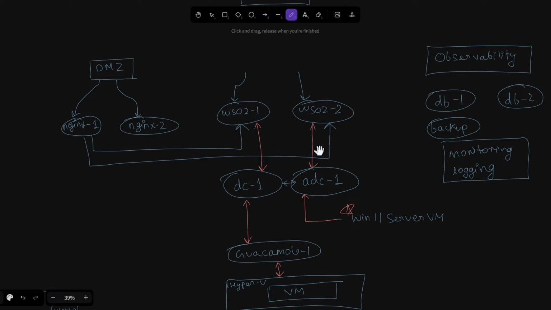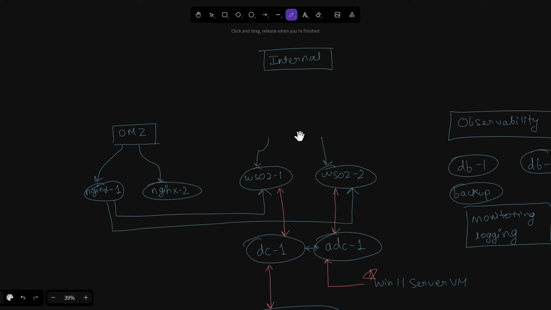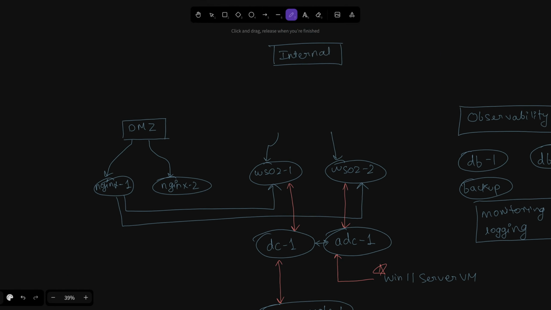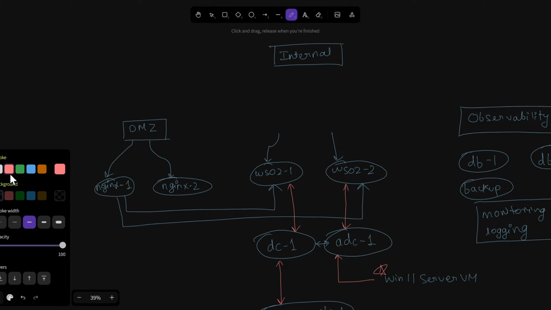But making a Windows server, I don't really know. I have quite some experience with Linux, but let's say we are able to build this. Let's say we are not able to build this. Let's not worry about it.